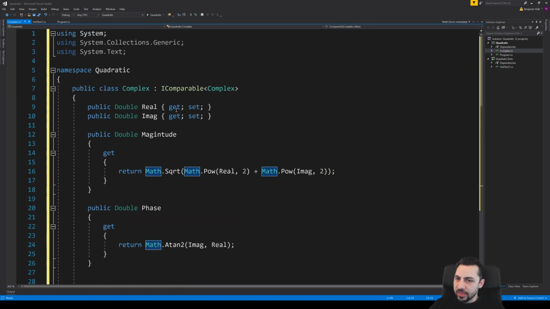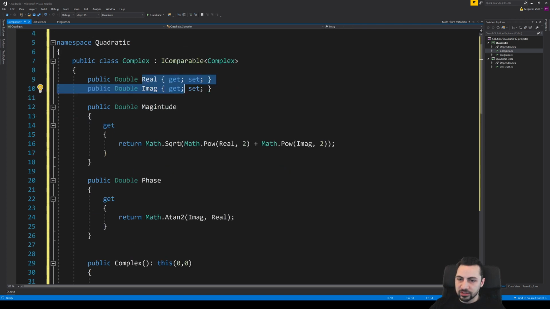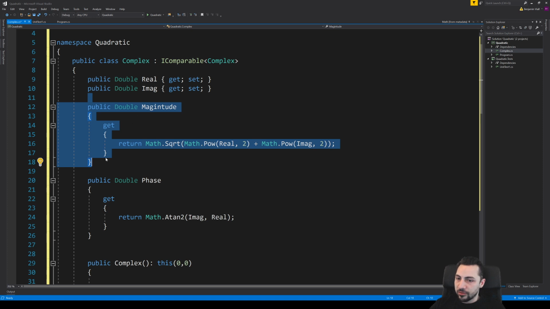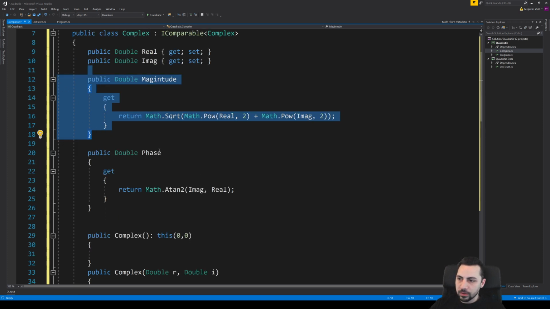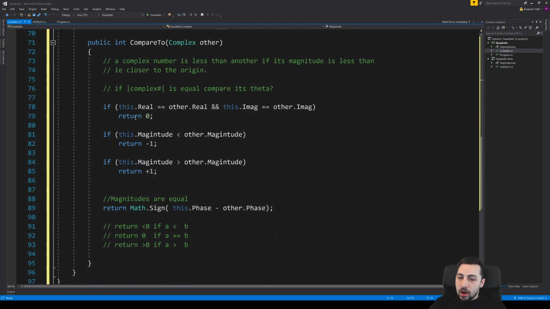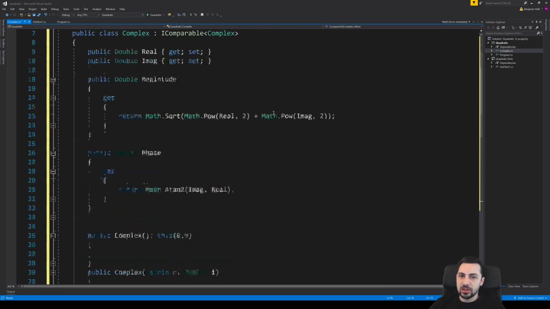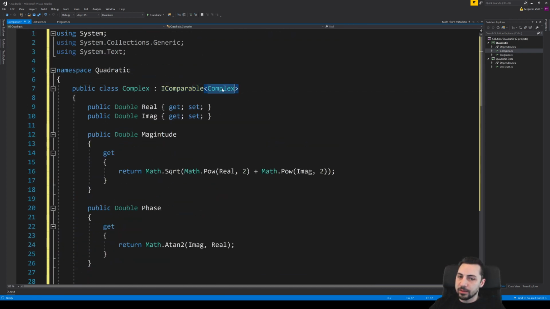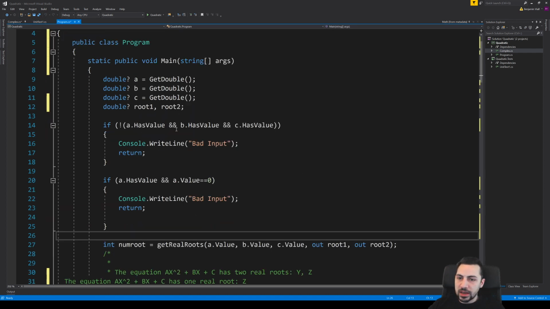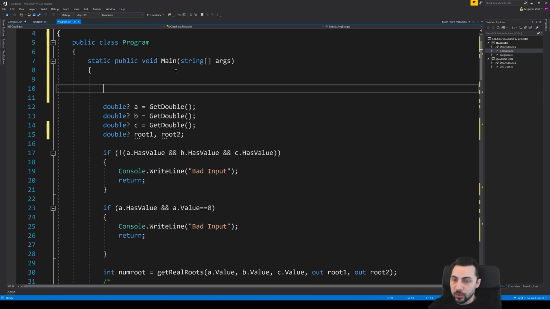So once we've done this, we've got this complex class, real and imaginary. We gave ourselves some helpful methods here for finding the magnitude and the phase. We've now implemented this method. This method is the only thing that is required of the IComparable interface.